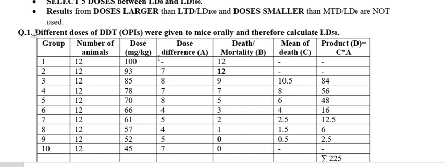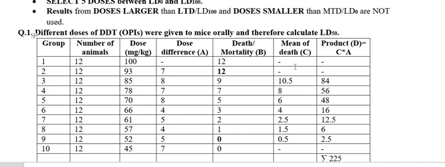This is the death after the administration of 100 mg per kg of DDT, an organophosphorus insecticide. At 93 mg per kg dose of this DDT the mortality is 10, at 85 the mortality is 9, at 78 the mortality is 7, at 70 the mortality is like that, and so on. As per the dose we see how much mortality there is, and we write it in a table and take B. So B is indicating death or mortality.